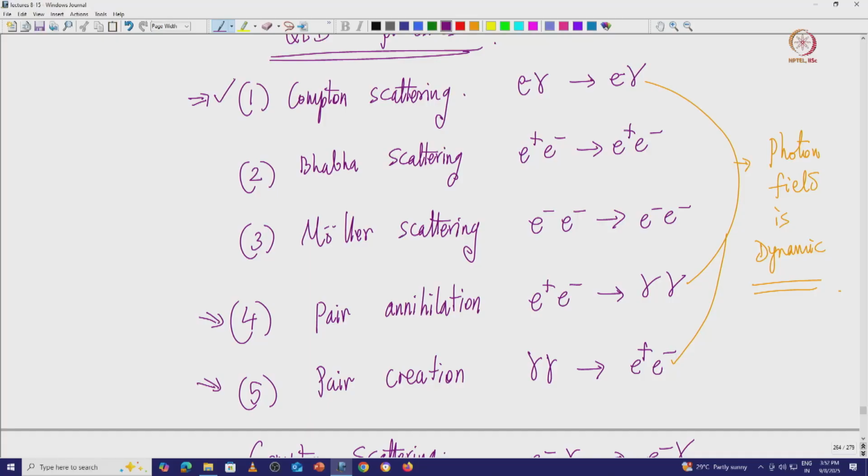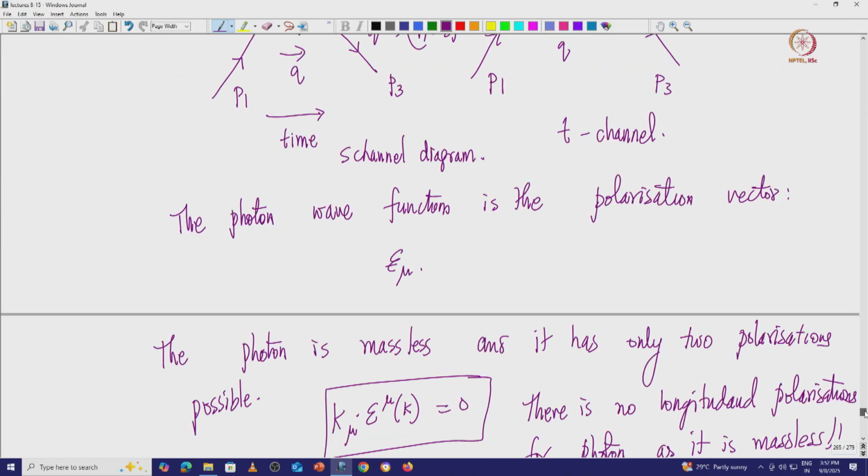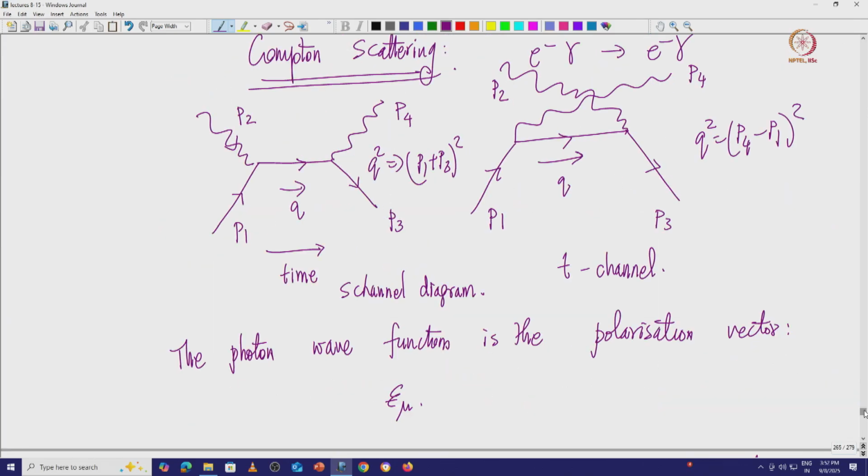So we looked so far at Compton scattering, and then we also looked at Bhabha scattering, and we looked at it in pions as well as in electrons. Now let us look at the main diagrams which contribute at the leading order. For the Compton scattering we looked at the 2 diagrams, S channel and T channel diagrams. These are the 2 diagrams which we have loaded, and then we saw what is the momentum difference, which is important, and we also gave the final results.